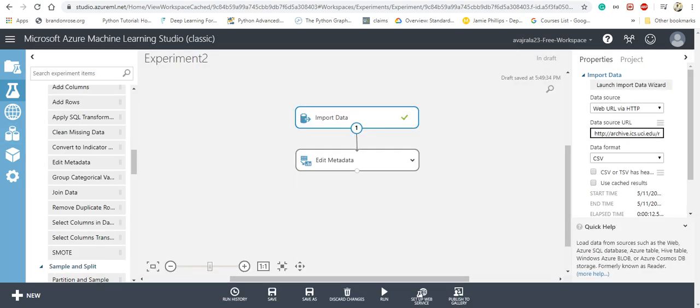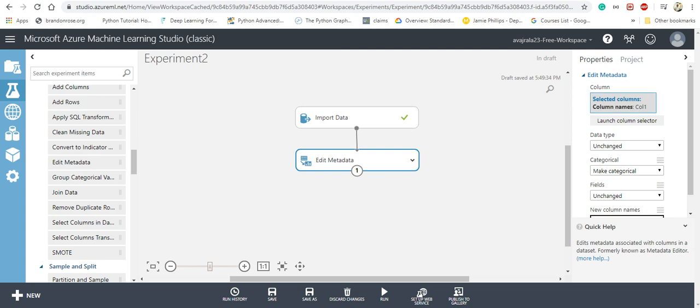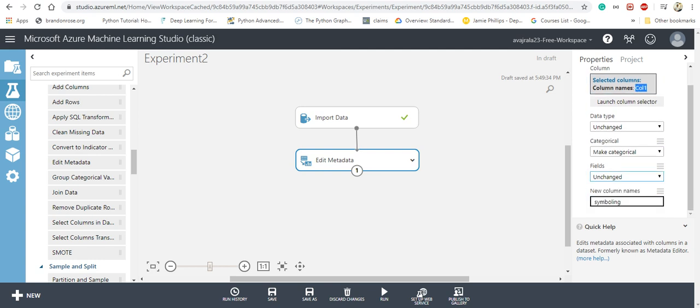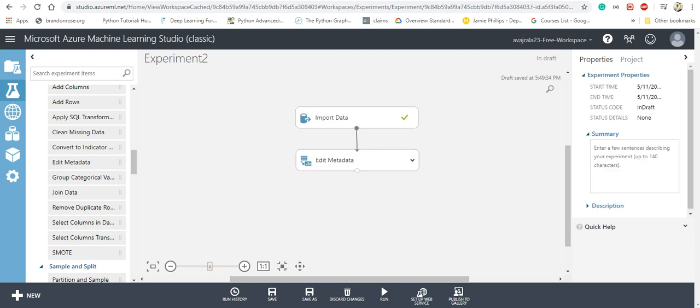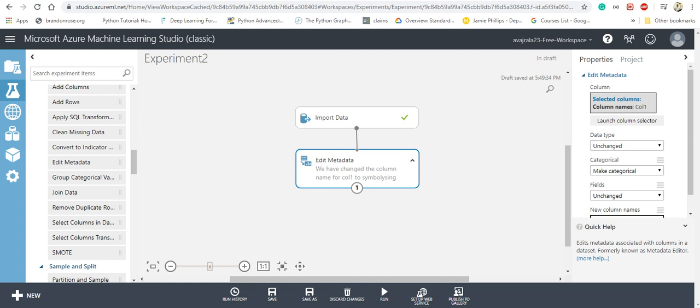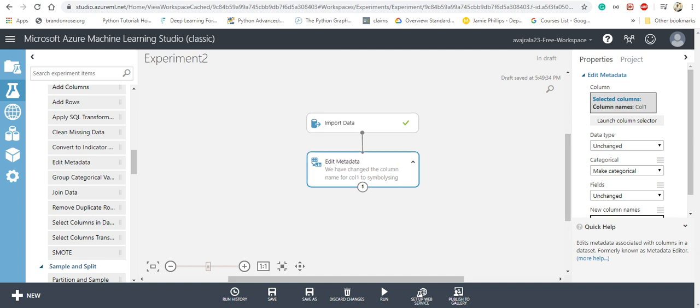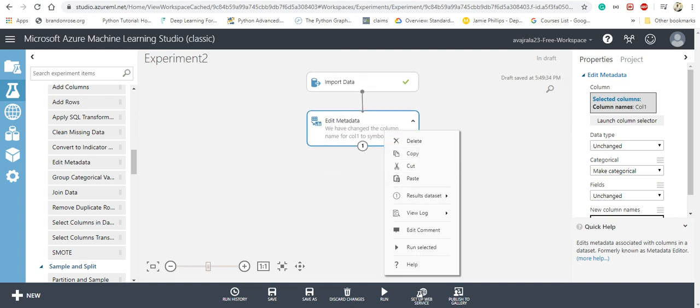Yes, so we selected column 1 here, and we are renaming it as symboling. I'm just commenting here. We have changed the column name for col1 to symboling. Just to remember, if you drop down, you can add a comment whenever you are done, and then we can run it.